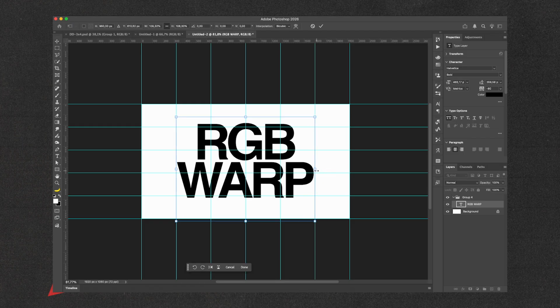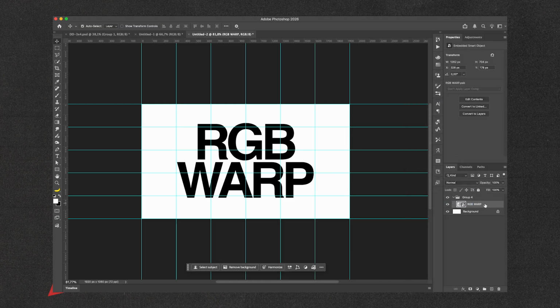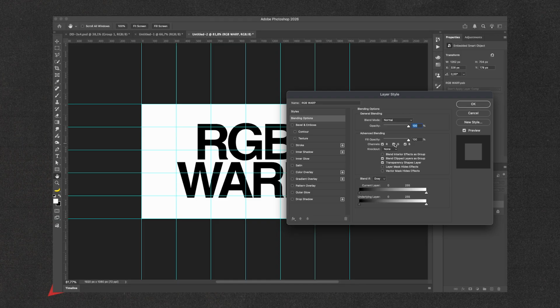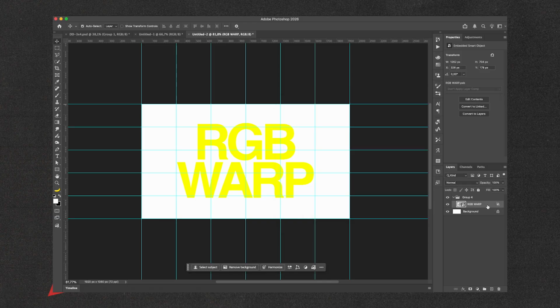I'll make something like this, and then right click, convert to smart object, double click on the layer, and then we're going to deselect 2 of the channels. So we're going to start with deselecting the red and green. We'll leave the blue channel selected in this case, and then we will duplicate this layer, double click on it